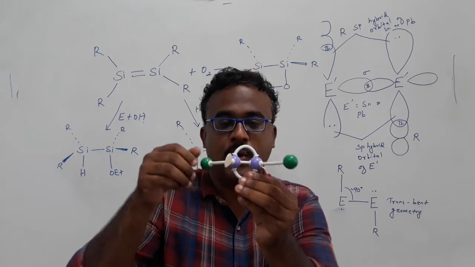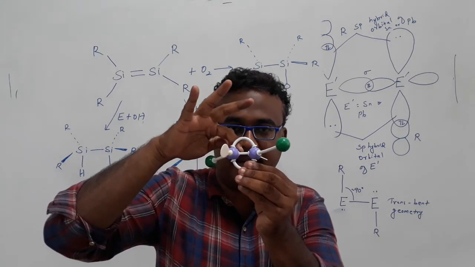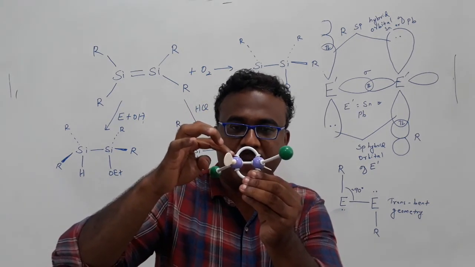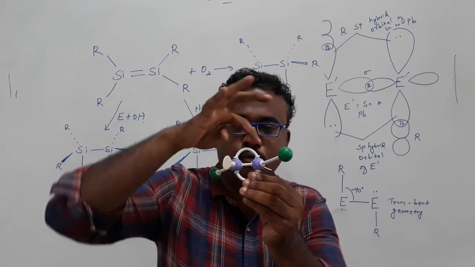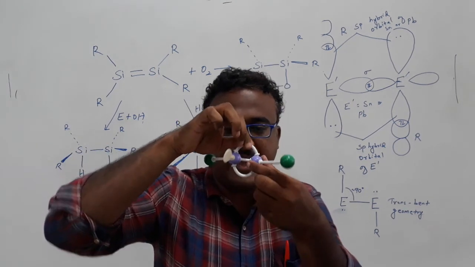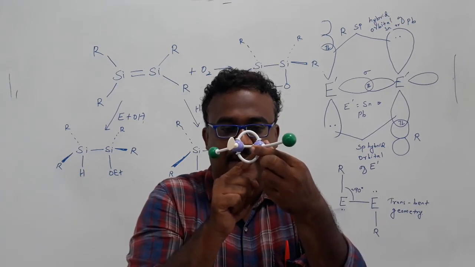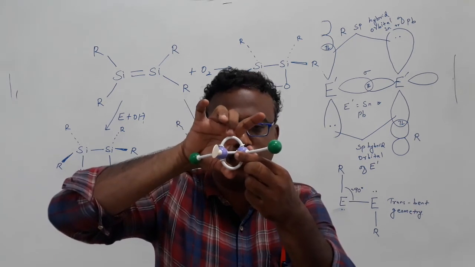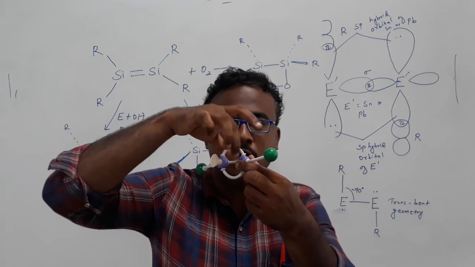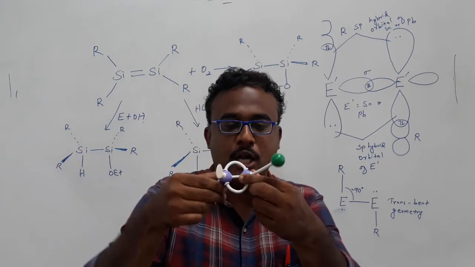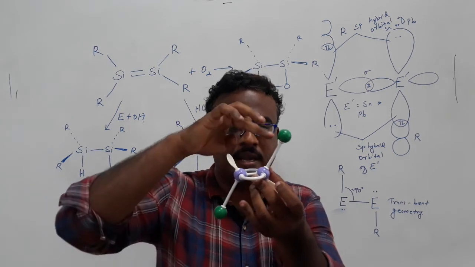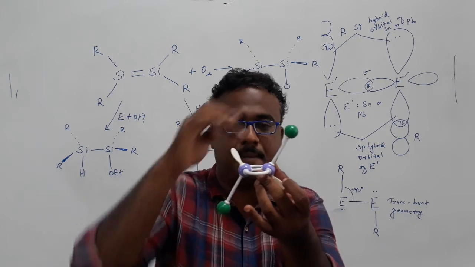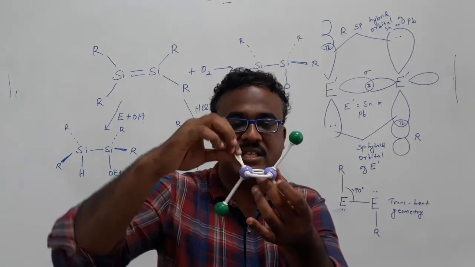And how does the bonding work? One sigma bond is formed with p orbitals, and another with an sp hybridized orbital. An sp hybridized orbital having a pair of electrons moves to the empty p orbital. Again, an empty sp hybrid orbital in this ball having a pair of electrons moves to the empty p orbital, forming 2 dative bonds between the silicon and germanium. Also, one sp hybrid orbital is involved in bonding with the p orbital to form another sigma bond.